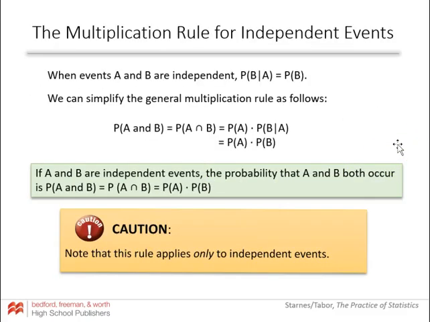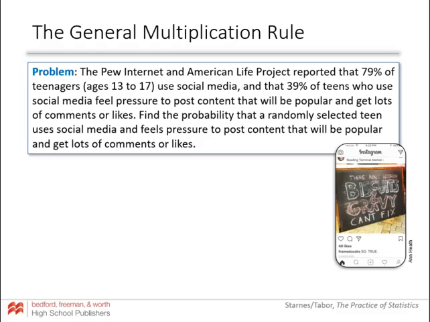If we have independent events, the B given A part doesn't really matter because it's the same as the probability of B. So we can just say A and B is equal to probability of A times probability of B. Okay, so this is for independent events. It's really just simplifying the formula. Basically, what you should know is if we want to know the probability of two different things happening and both of them happening, we're going to be multiplying those probabilities. Okay, so again, we'll look at an example,